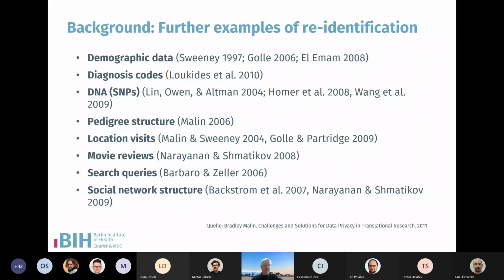But in reality, so maybe let me put this a bit differently. This has brought many people to believe that data anonymization is basically something that just doesn't work, and we just shouldn't do it. But in reality, I would argue, and also many other people argue, there's also a divide in the community, that this is not actually true,